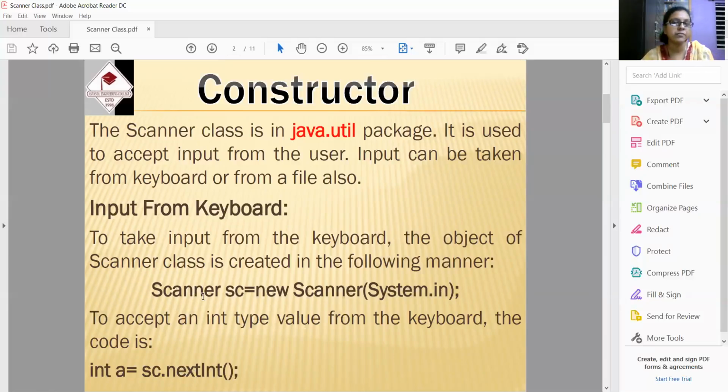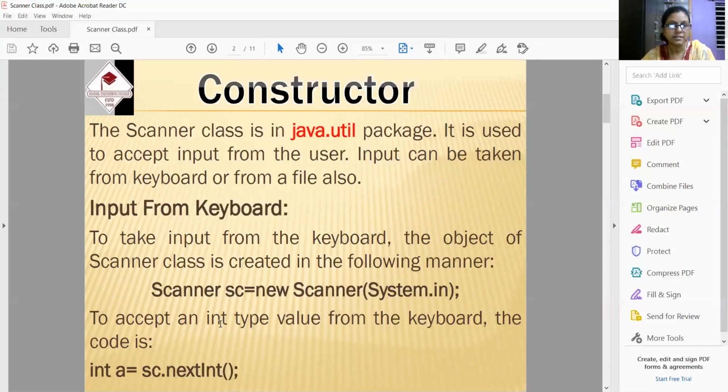So in our previous idea, we have written it in this fashion: printf enter a number. Similarly, we will write Scanner sc = new Scanner(System.in). This has been told previously. I have just told that System.in, you are familiar with System.out, which is related to the output device. System.in is related to the input device, taken as a parameter to the Scanner class's constructor, so that this object has been created and connected to the input device. Up to that point, it's okay.